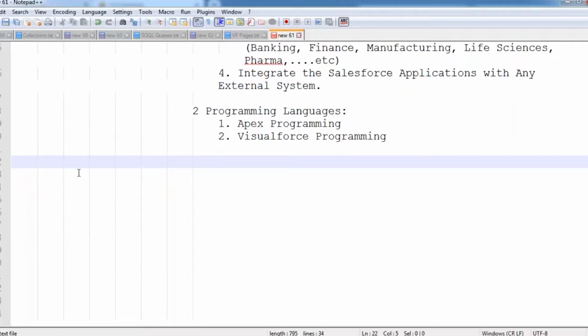So for example, if you want to get some data from some third-party database and represent it in your Salesforce, then we can go with integrations also. Okay, right? Now, multiple scenarios will come into the picture for that integration. For example,